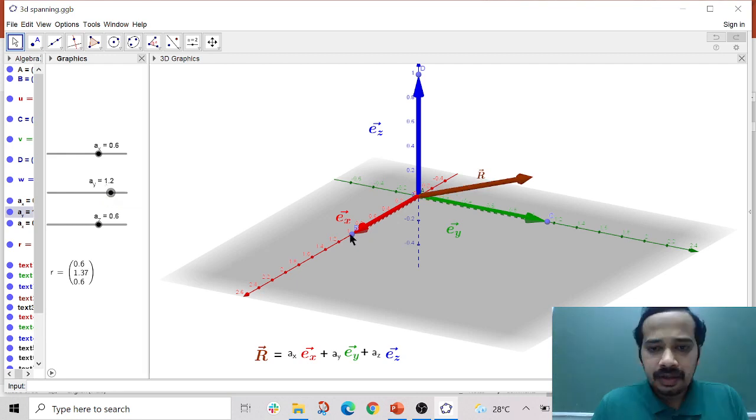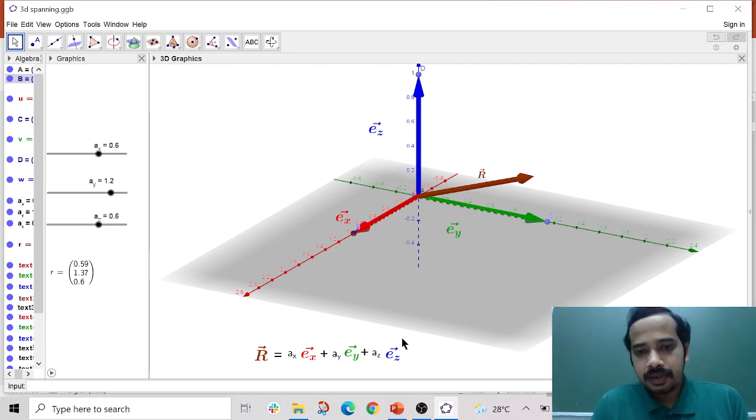Now these three vectors need not be perpendicular to each other. They can be just non-coplanar. Any three non-coplanar vectors work; here I have chosen ex, ey, ez as unit and orthogonal vectors, but they need not be unit vectors or orthogonal. Any three non-coplanar vectors can linearly combine and generate any vector in three dimensions. They can span the space. But we usually take unit, orthogonal vectors so that it's very easy to find the coefficients ax, ay, az, as we shall see.